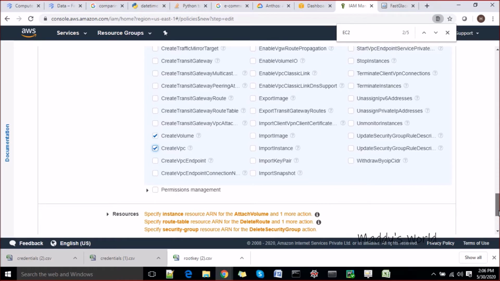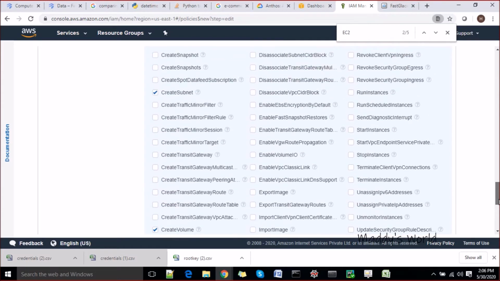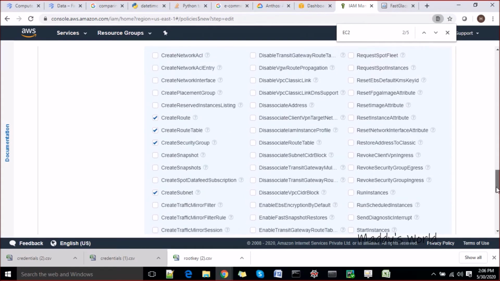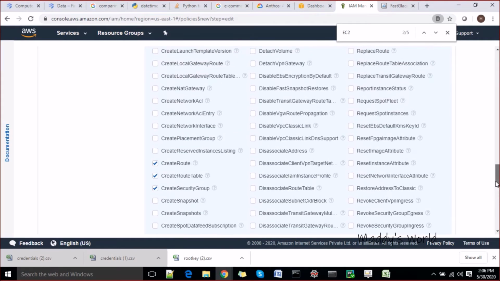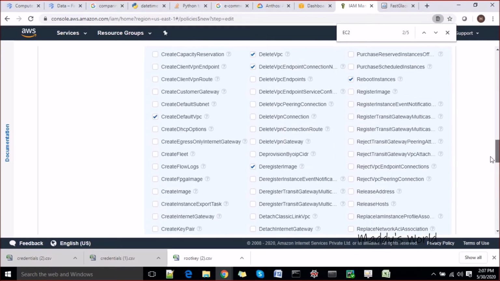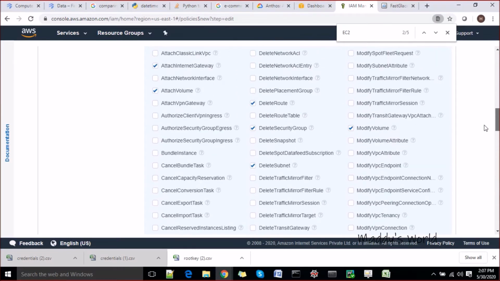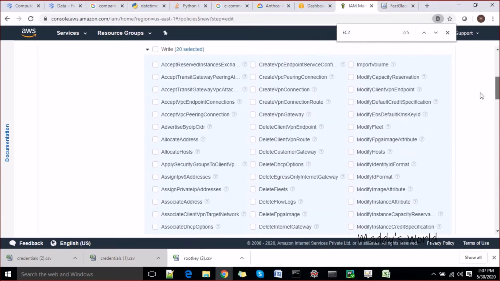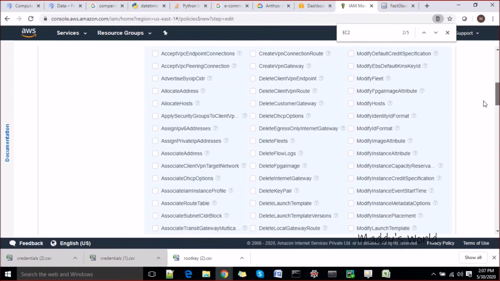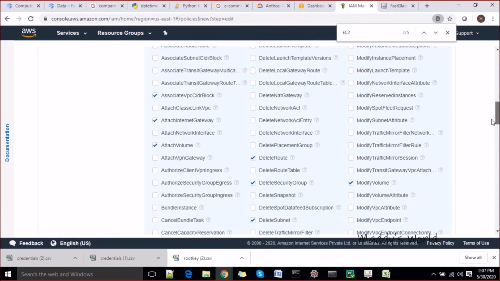I'll see from here now. Import key, I don't need it. Enable snapshot, I don't need it. Disassociate route table, address. Okay, detach volume, I'll not give that. Okay, delete transit, delete route that we have, and import volumes, modify host, modify image, modify instance, monitor instance.